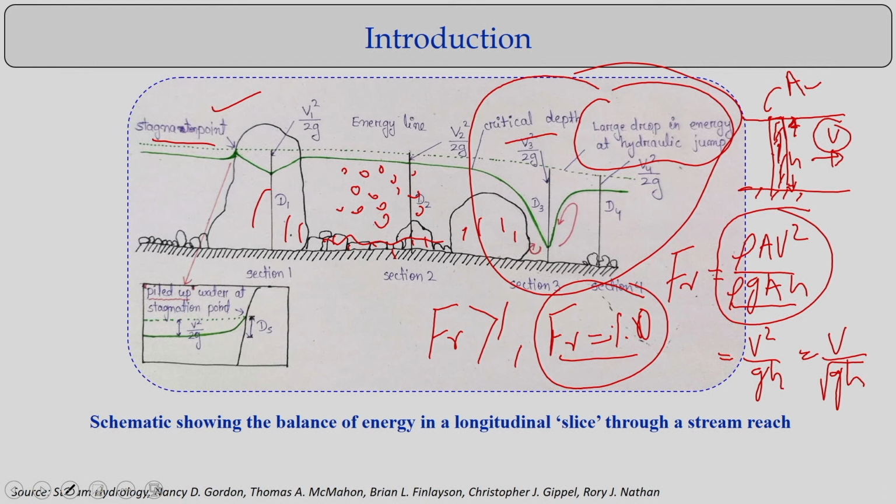But if you have a Froude number more than 1, the inertia force is larger than the gravity force. The interpretation is that when the Froude number is greater than 1, the inertia force is larger than the gravity force, and that is the condition when you have supercritical flow. Just the reverse, when you have a Froude number lesser than 1, you can interpret it in terms of